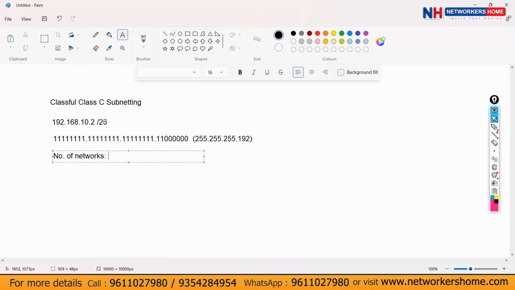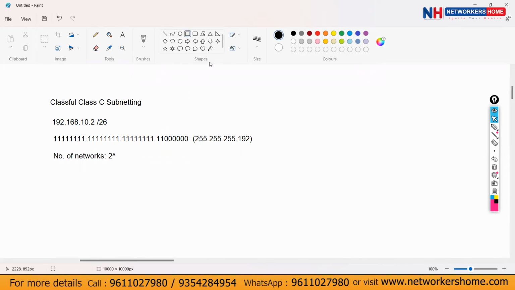Okay. How do we calculate the number of networks? We do 2 to the power. How many bits have you borrowed from the next octet? We just look at how many bits we have borrowed from the next octet. /24 is the default value, but we have increased it to /26.